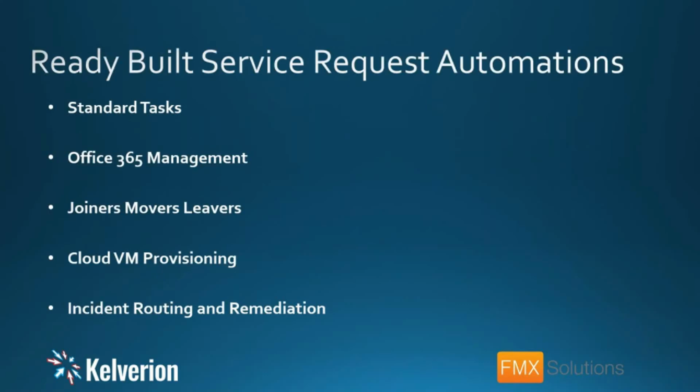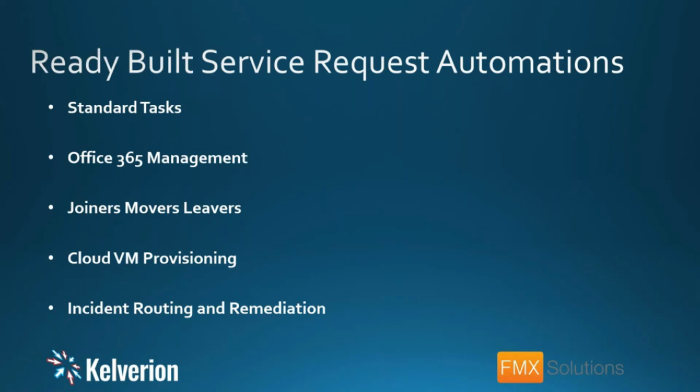And as I alluded to, we've got a number of ready-built service request automations. So those standard IT tasks, Office 365 management, we can automate joiners, movers, leavers processes. So taking components of the standard tasks around Active Directory, create users and adding users to on-premise groups like Chris and I just demonstrated, tie those into Office 365 for making those services and properties and permissions available for configuring Office 365 from that user creation, and adding in other components that are specific to your business into that joiners